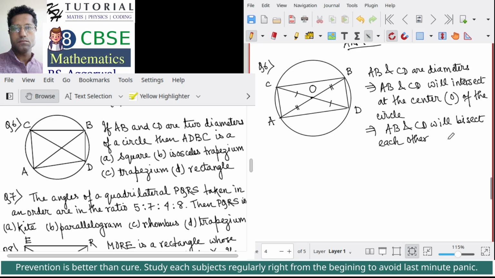So in a quadrilateral, if the diagonals are equal and they are bisecting each other, then it will always be a rectangle. Now, why is this so? This can be proved using congruency of triangles, based on congruent triangles. So basically,